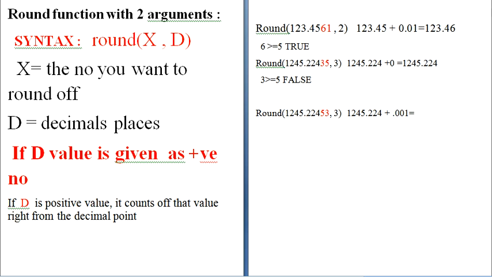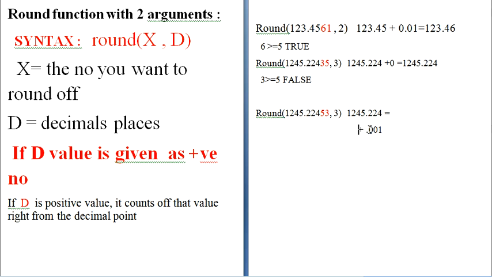Let's do it mathematically. Let's take it down and see. Now is it clear, I suppose? After the decimal, 3 digit positions it should have.